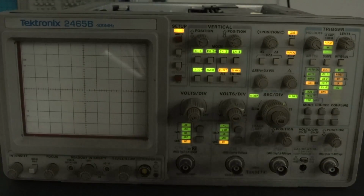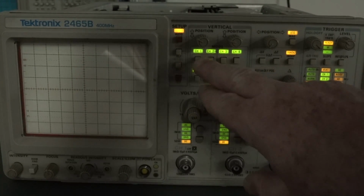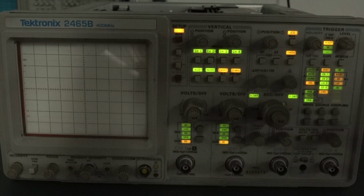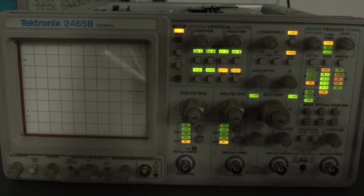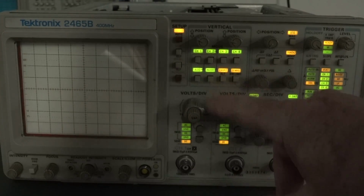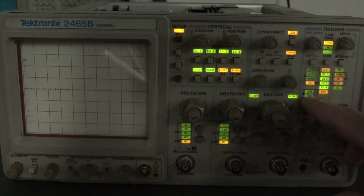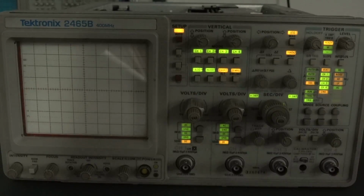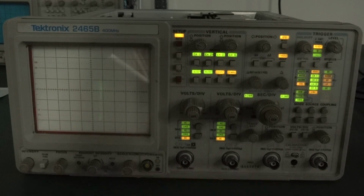But anyway, it does kernel tests first, basic kernel tests, and errors are indicated by various LEDs lighting up on the front panel. Then it goes on to more thorough tests of all sorts of stuff. But I can't see anything where all of these are lit up. It doesn't say anything about that in the manual. So are they actually on, or are they just bleed through from the other? I can't really tell. It does take time, so obviously the processor's doing something, because the processor has to drive the...